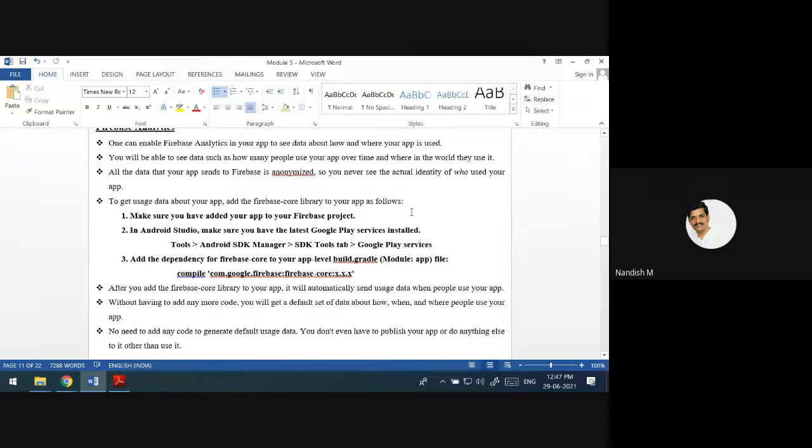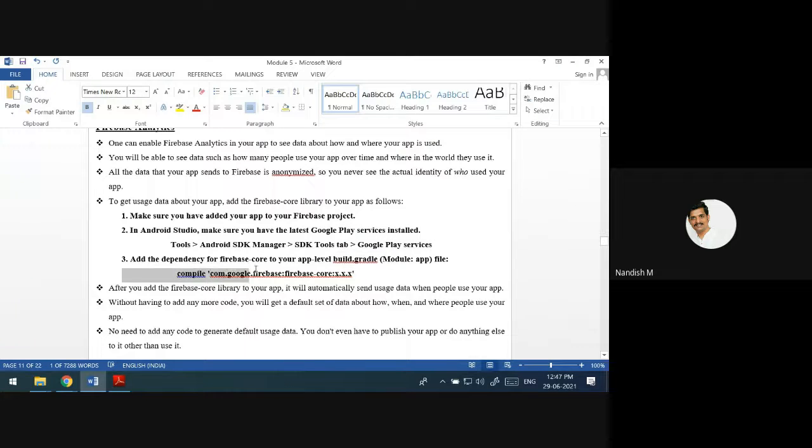Then there is a file called build.gradle, that you know, right? In that Gradle file, you have to add this line, a dependency: compile com.google.firebase core, with the version. I have opened this build.gradle file many times.